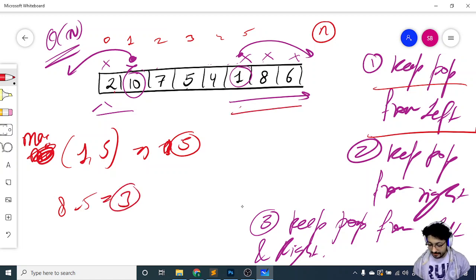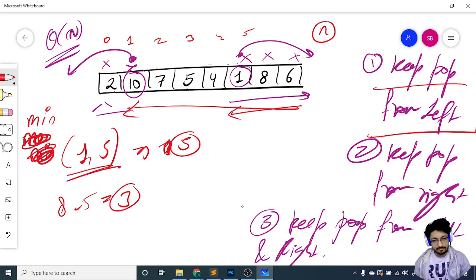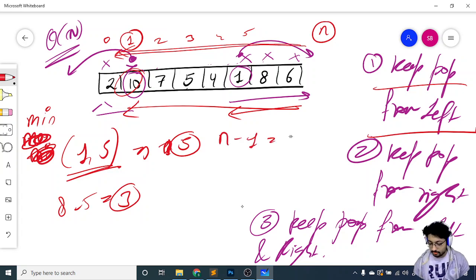So if I take out 3 elements from the end, that is also fine. But not taking out 3, actually I have to take out this many elements. I have to find the minimum of both. Minimum means which has more distance from the right side. This minimum will obviously be more separated from the right side. If I subtract this minimum, 1, from the total length, that is equal to 7. So I will get that I have to pop out 7 elements if I just want to pop from the right side. I hope you get the point.